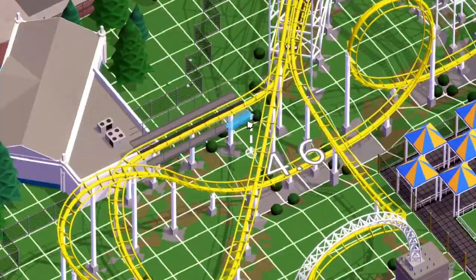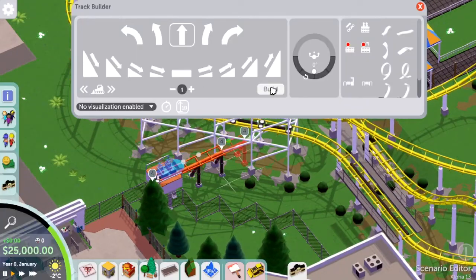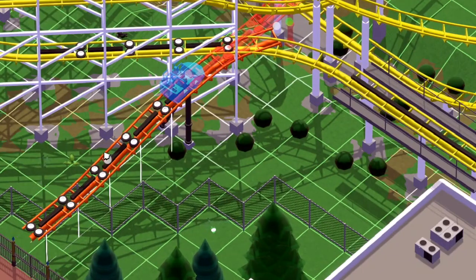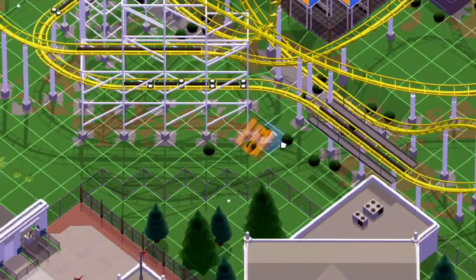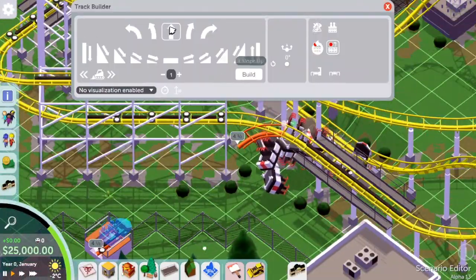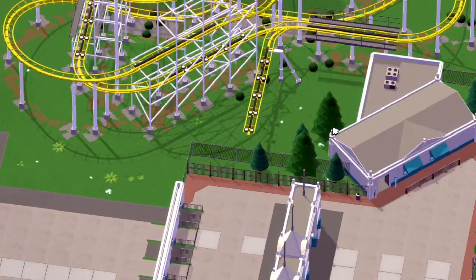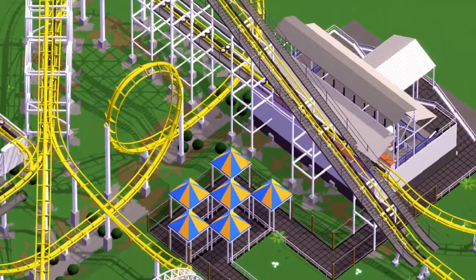So here I'm just putting the catwalks on, and now I'm going to go and build the transfer track. So this is using the track edit mod. Using that mod I can actually get the coasters to merge. So I've put that down. It's a bit trial and error, as you saw. And once I got the coaster in line, I delete the station piece, recolor it so it looks the same, and then just add some supports, make a little warehouse around it,